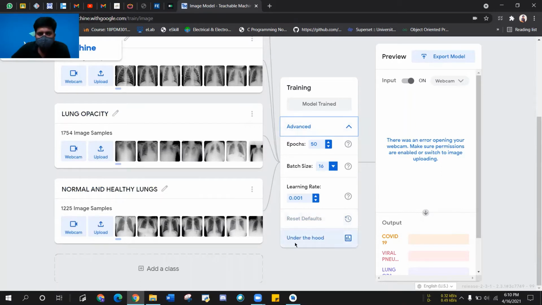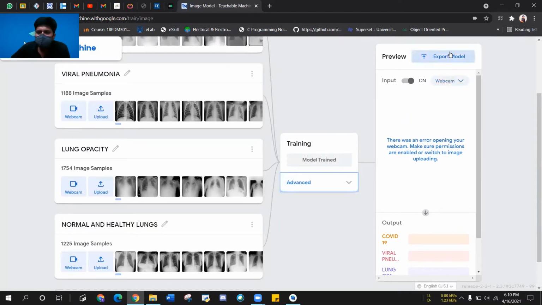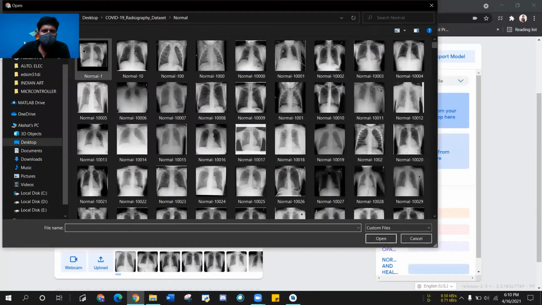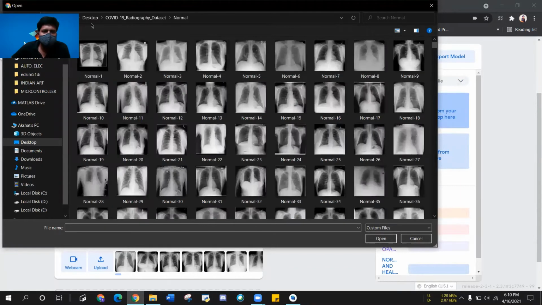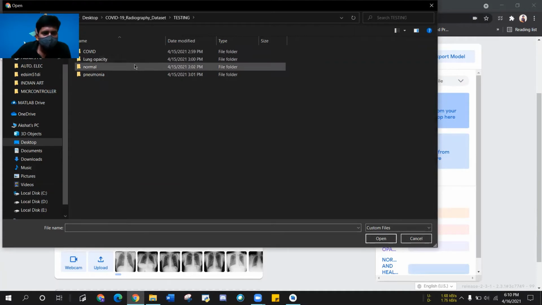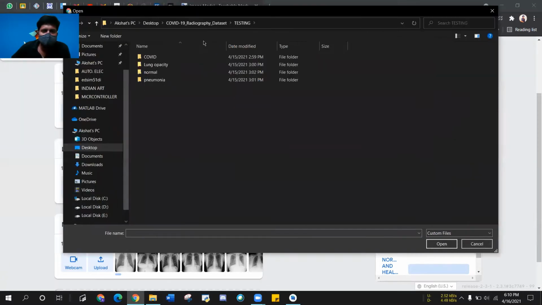And as I mentioned before, we also have a separate database of a sufficient amount of X-ray photographs in order to make sure whether our data for all the four cases is working fine or not. So instead of using a webcam, I'll be uploading files, because I don't have an X-ray right now, I only have photos. So as you can see here, testing, and in testing I have all the four folders, so as to test whether the project is working perfectly or not. So we'll first test for COVID, and yeah,